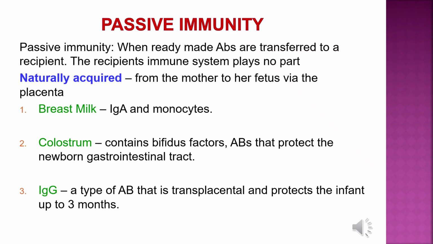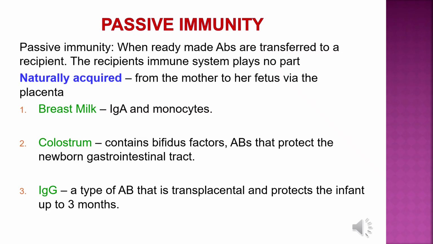Passive immunity: when ready-made antibodies are transferred to a recipient, the recipient's immune system plays no part. It is called passive. It is only transfer of the antibodies or immunoglobulins. Then it is of two types, natural and artificial. Naturally acquired is from mother to fetus via placenta, and an example is breast milk, which contains IgA